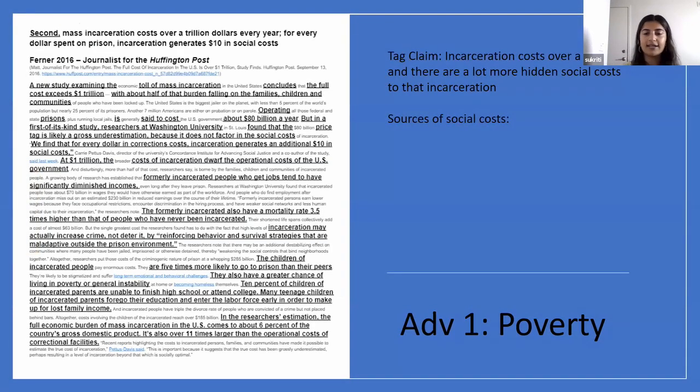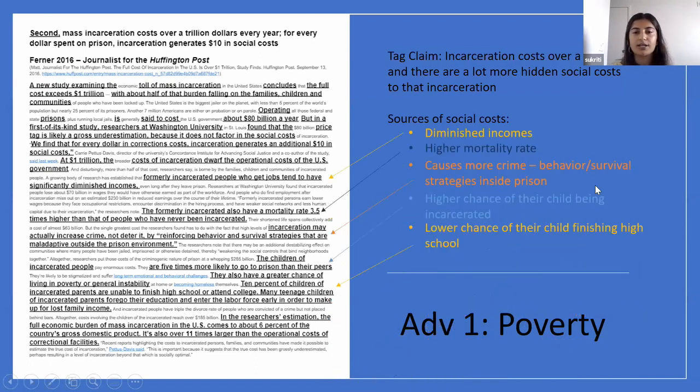So the next one is just the second card in the poverty advantage. And this is more about the costs of incarceration. And just the cost of incarceration itself is really high. You could imagine just to house a lot of inmates, it takes money to feed and house everyone, and the state has so many, so it has a lot of costs, but there's also a lot of hidden costs. And this card basically lays out all those sources of hidden social costs which might come up with incarceration.